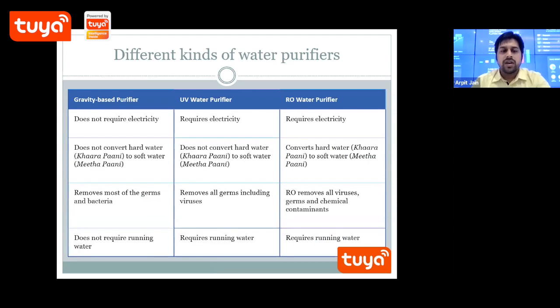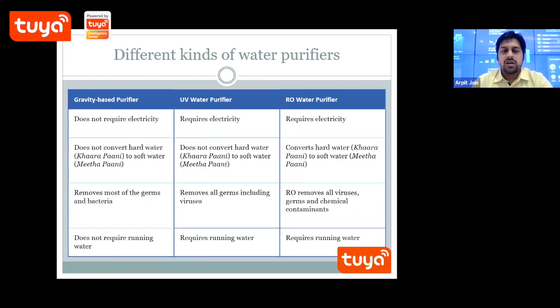So basically, a gravity based water purifier uses the force of gravity along with the filter to purify the water. It does not require electricity or running water, as the water flows from one section to another section. All the visible dirt and pollutants are eliminated, and additionally an activated carbon module removes pesticides, virus, and other impurities, making the water safe for consumption.